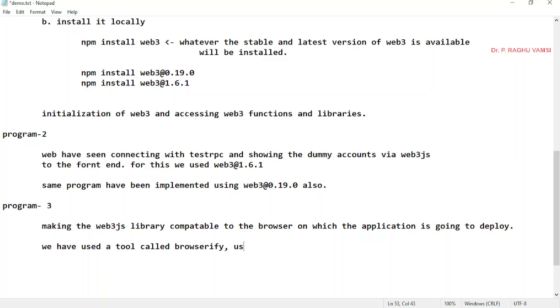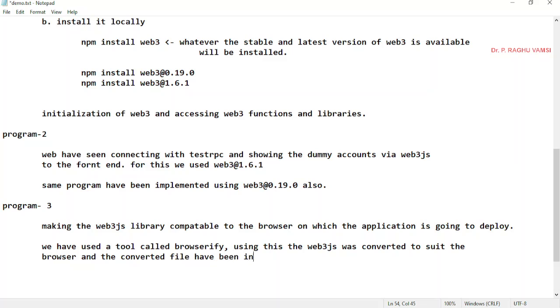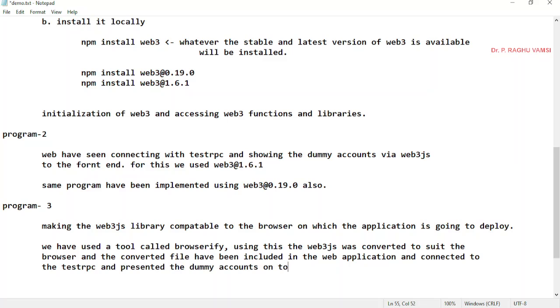Using this, Web3.js was converted to suit the browser, and the converted file was included in the web application, connected to the test RPC, and presented the dummy accounts onto the screen.